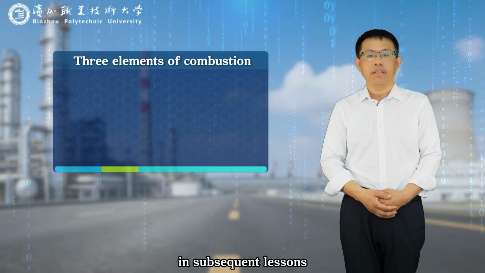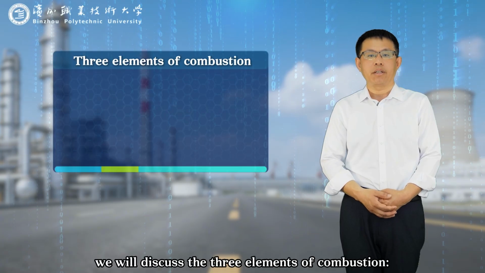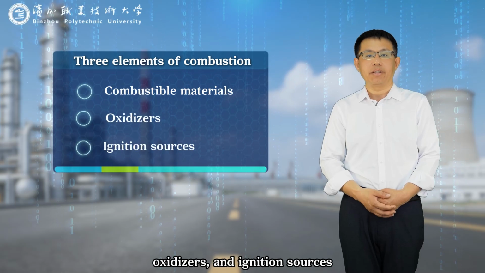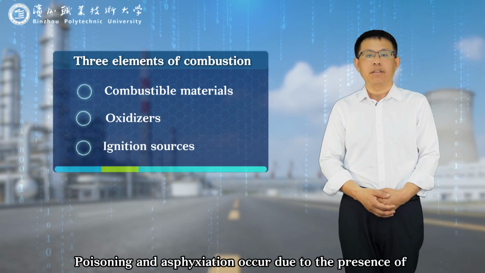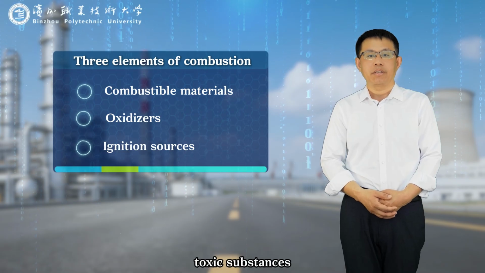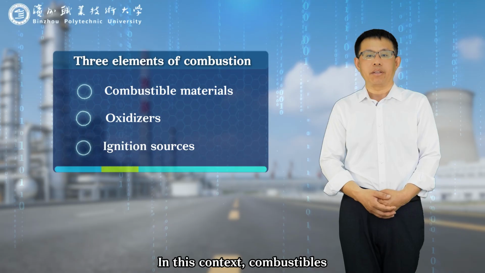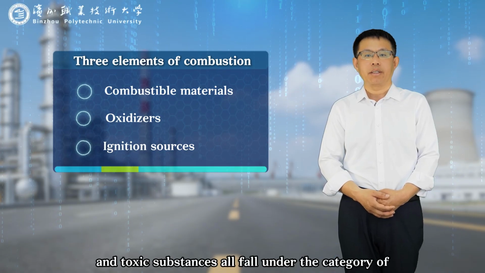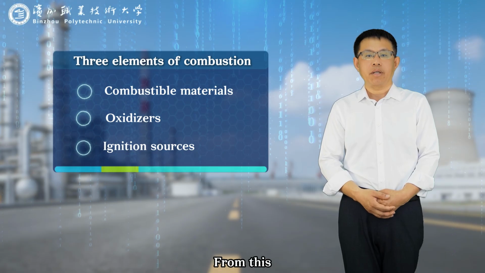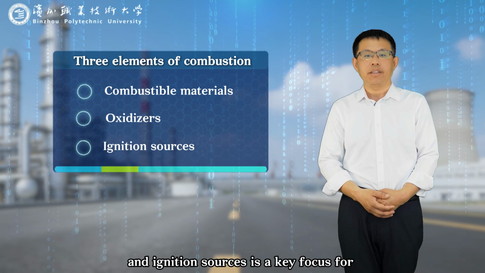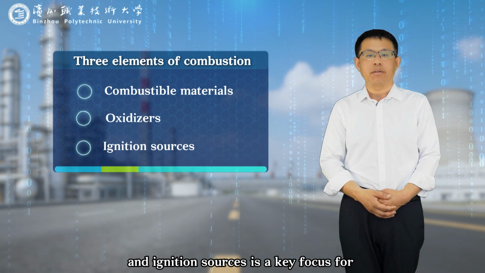In subsequent lessons, we will discuss the three elements of combustion: combustible materials, oxidizers, and ignition sources. Poisoning and asphyxiation occur due to the presence of toxic substances. In this context, combustibles, oxidizers, and toxic substances all fall under the category of hazardous chemicals. From this, we can see that the control of hazardous chemicals and ignition sources is a key focus for ensuring